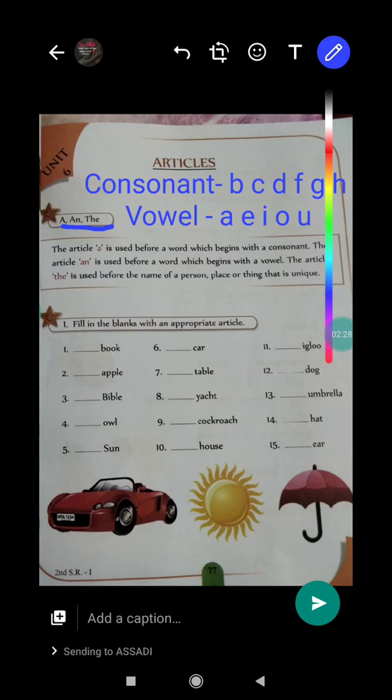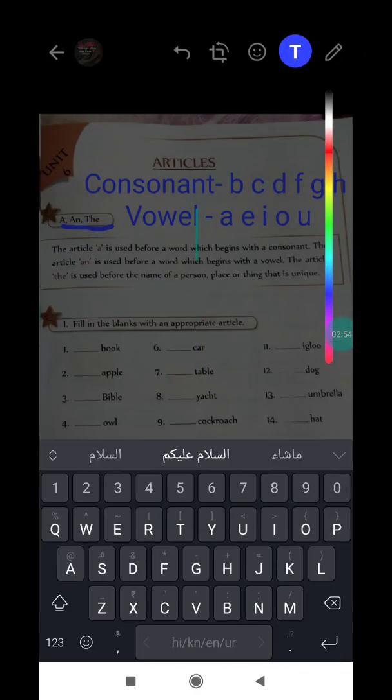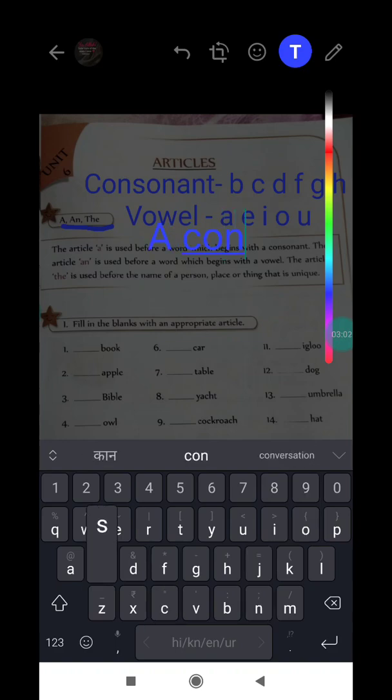Okay, like, see, I'll give you the examples later. Okay, here we have the blanks given. First let us see the definition of each one, and then we will go to the example. Okay, and the example we can see here itself. Okay, here what is written? A consonant. The words, a word which begins with a consonant. A consonant.